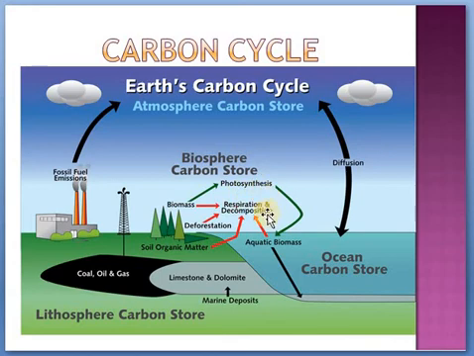And when this producer and consumer do respiration, or when they defecate, some amount of carbon will be coming out. Okay, so respiration is a process by which carbon dioxide is coming out of an organism, and then at the time of death and decay, by decomposition, more amount of carbon will be coming out.